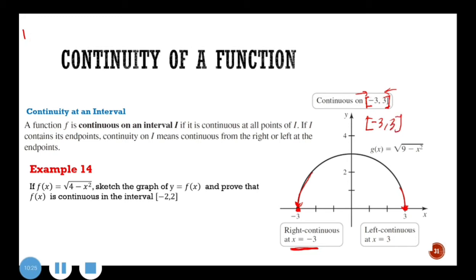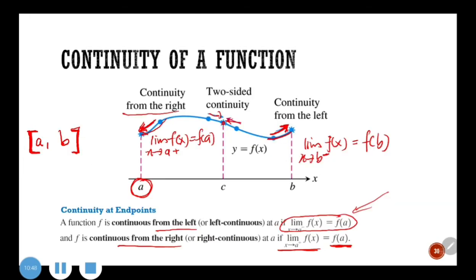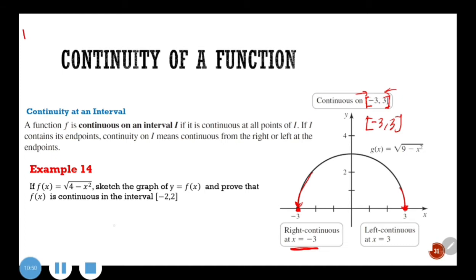Okay, so example 14 ni pun very simple lah. Given to you, if fx equals to root of 4 minus x square, sketch the graph of y equals to fx and prove that fx is continuous on the interval [-2, 2]. So maknanya kat sini sama je dengan graph yang ni kan, because this just a different. Yang ni 9, yang ni 4. So meaning that this one is also a semicircle with the radius of apa? Radius of,